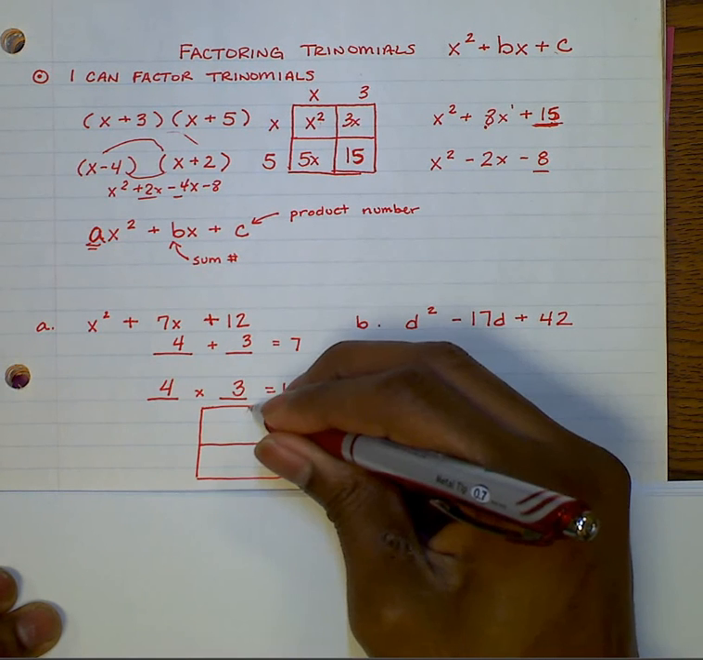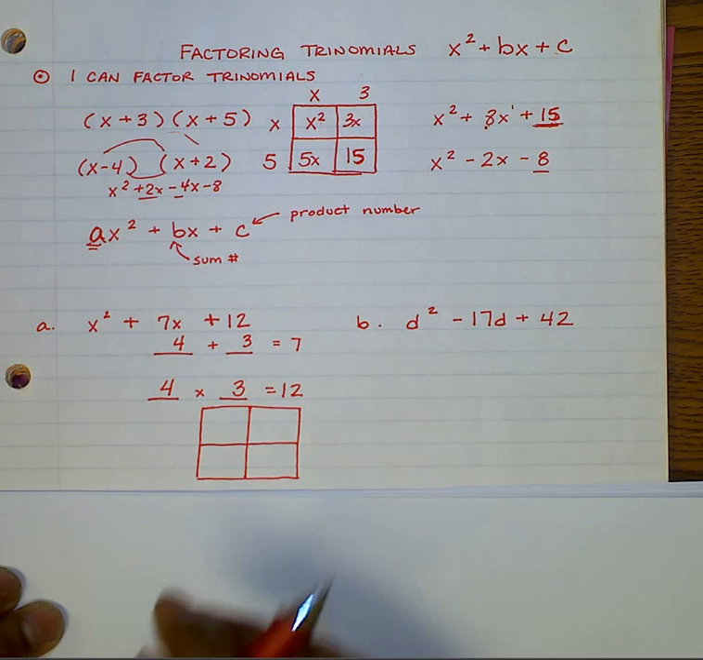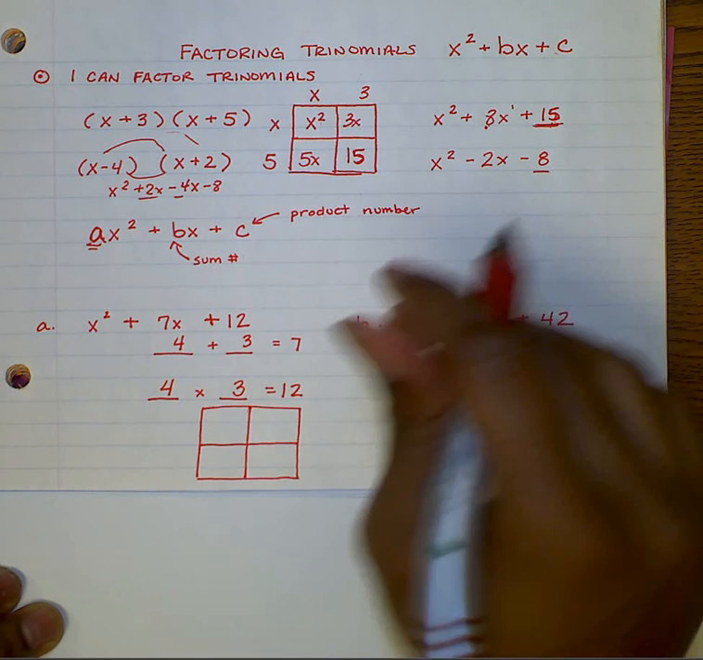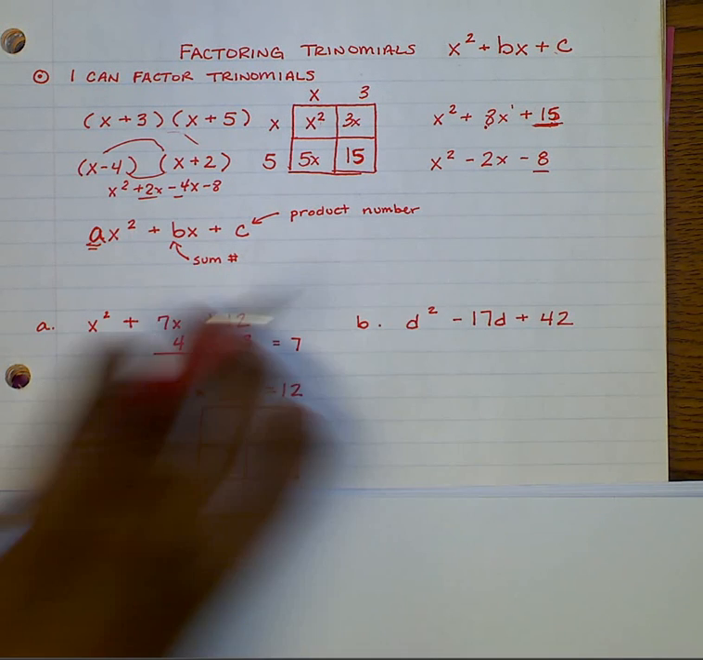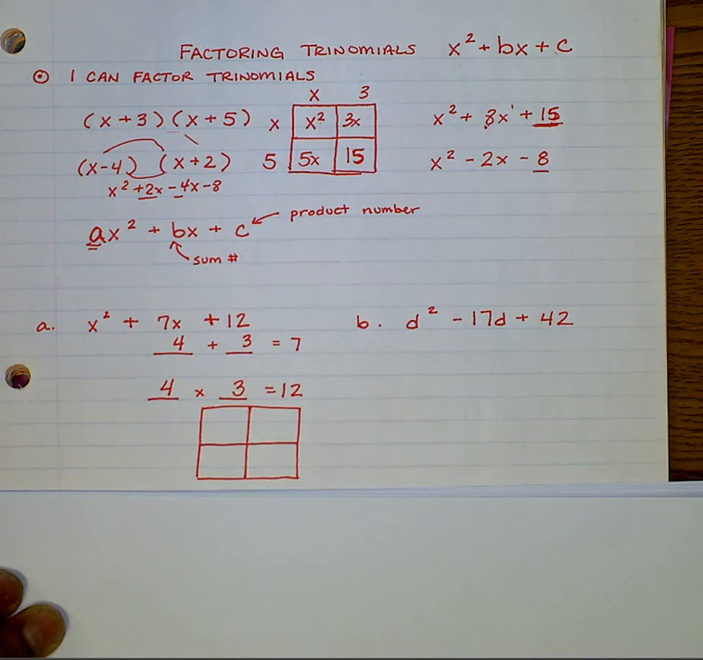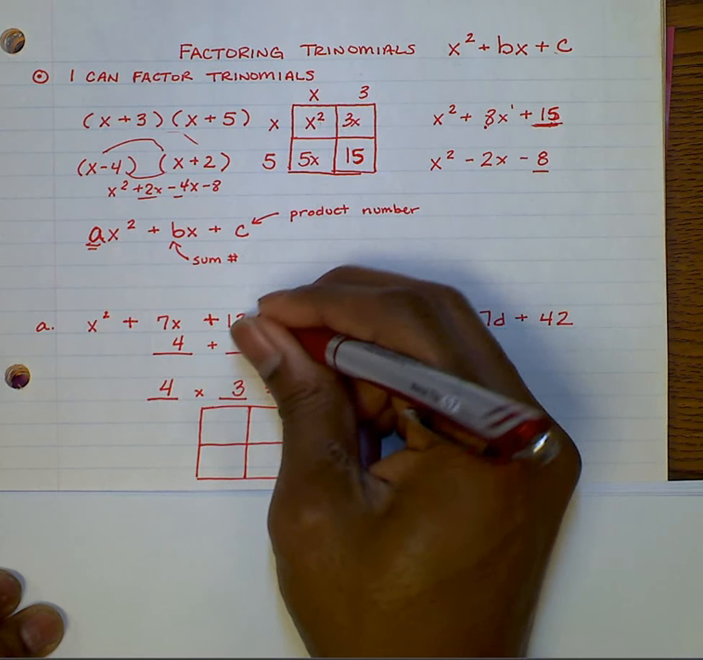Alright, now this is how our box method changes just a little bit. Last time when we were multiplying, we were filling in the inside of the box. Today we're factoring it. We're going to basically take it out of the box. Okay? So, how we populate this box: